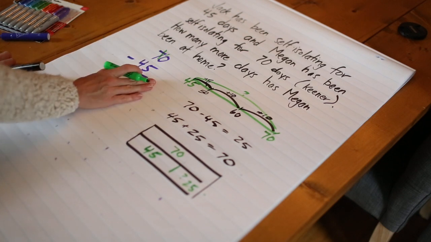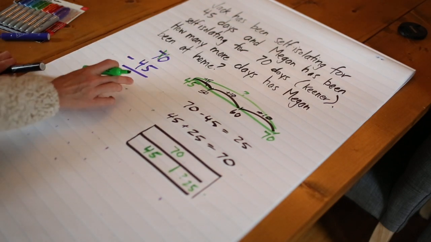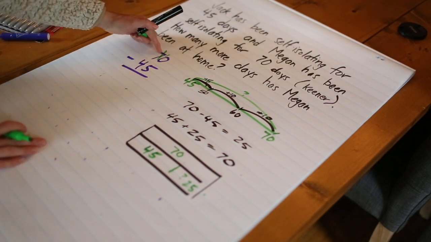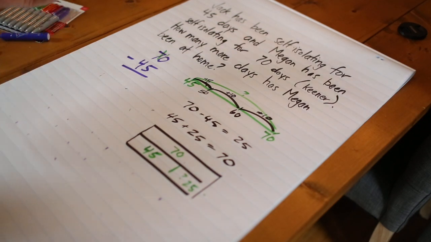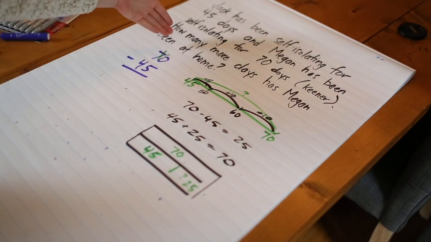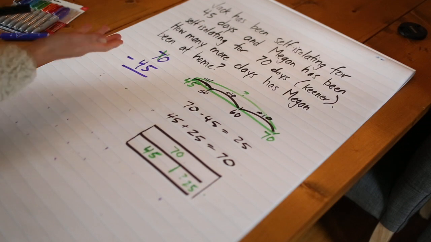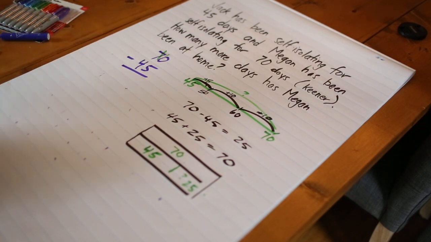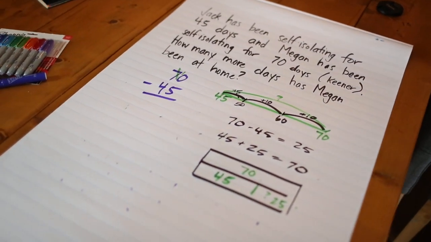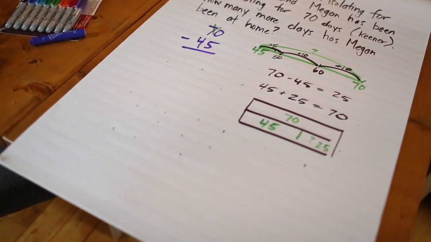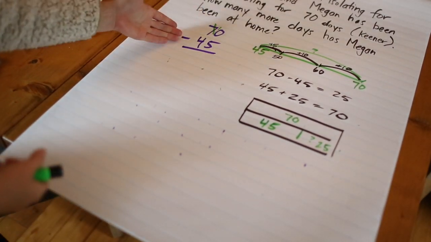Now, eventually your kids will be ready for this, but what needs to go with it is the understanding that I'm not just taking away or adding, crossing the 7 out and adding a 1. I'm actually breaking that 70 apart. So I'm just going to slide this here. So I'm going to show 70 take away 45